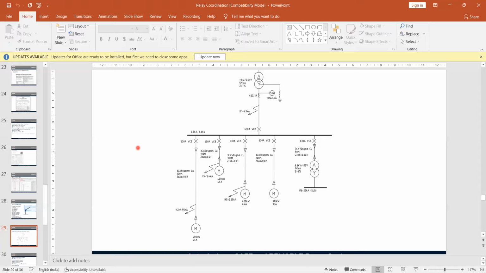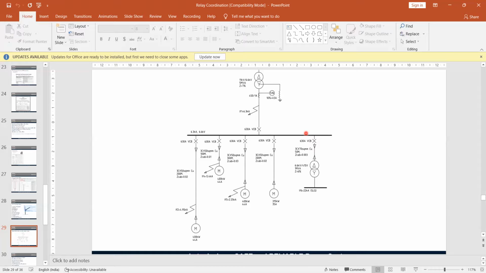So now, here, what is the CT now? What is the CT, sir? Here, CT rating 75/1, no? You just discussed, 75/1. Okay. Now, 75/1 is for the motor. You're pointing at the transformer, no? That's 500. I'm coming now to the outgoing feeder. Outgoing feeder, the CT rating is 75/1, right?